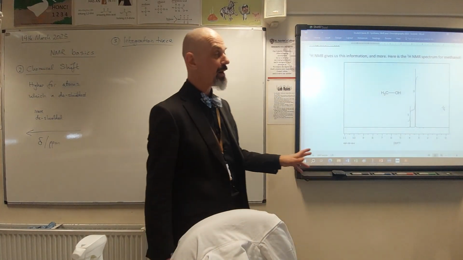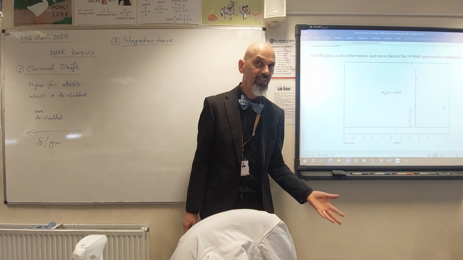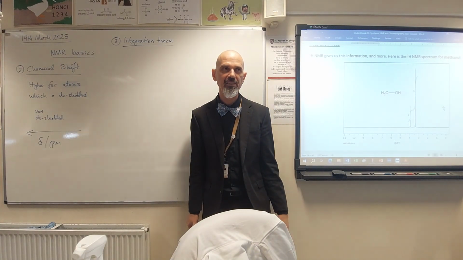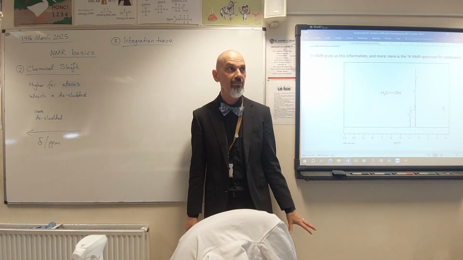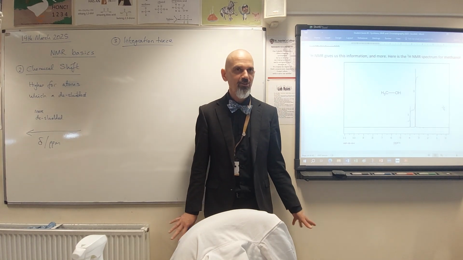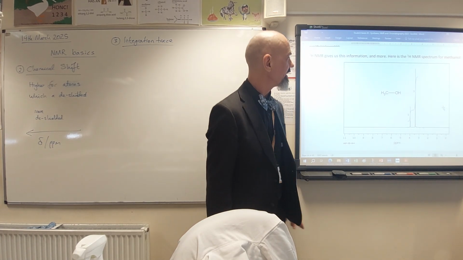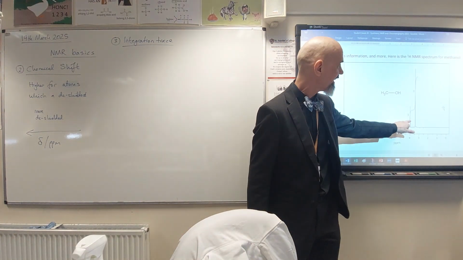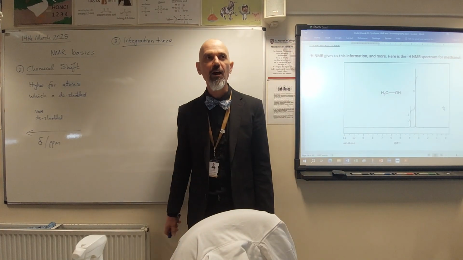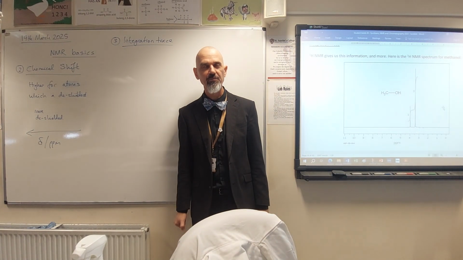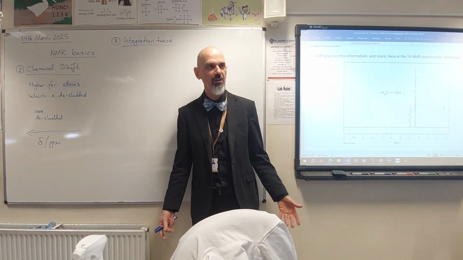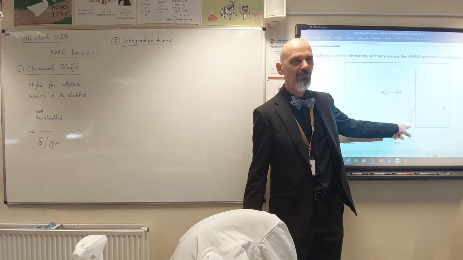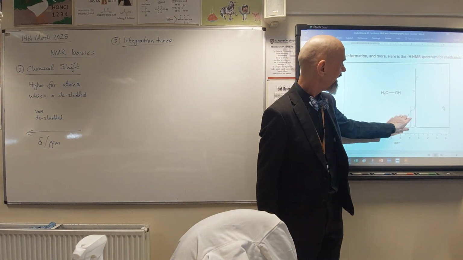So we get 2 peaks. But the important bit about this spectrum is that we get more information from that. So integration, as I'm sure you might know if you've done a bit of maths, is a way of working out the area under a curve. We don't have to do that, thank the Lord. Mathematicians have done that for us and programmed the computer so it'll do it. What the computer does is scan over the lines there and gives us a measure of the area under the curve, and then usually works out some kind of ratio for us. So the ratio of areas, I sometimes talk about peak height, but really it's area, is in this case